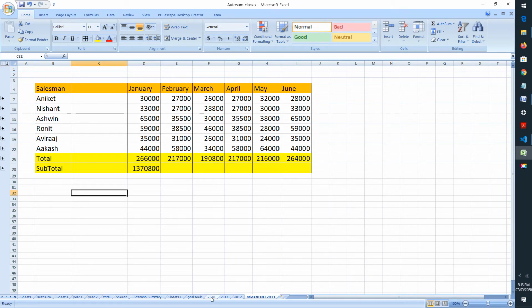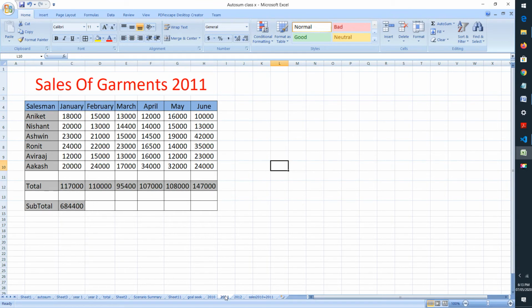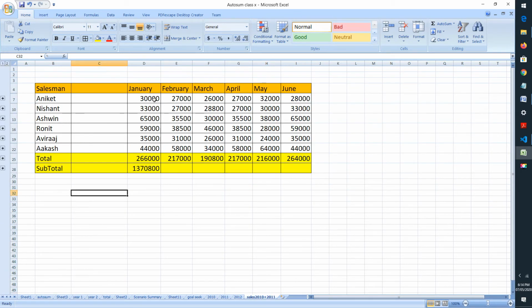We can go again to our sheet 2010. The sales of Aniket in the month of January is 12,000, and similarly for 2011 Aniket's sale is 18,000. That means 12,000 plus 18,000 is a total of 30,000, and in our consolidated sheet it represents 30,000.